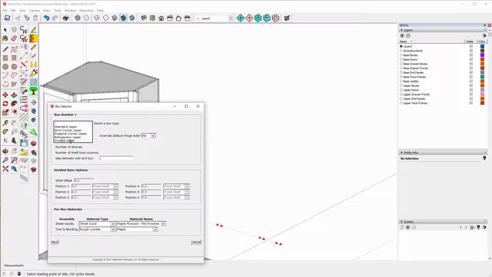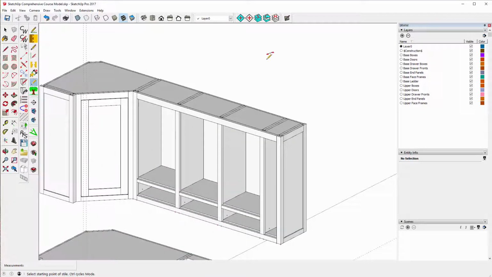Choose the divided upper, 5/8 of an inch, 6 inches. Next, second box, next, third box, next. And now I want nothing here and nothing here. Say OK. Notice that my cabinet's shorter, and with a little luck I can add